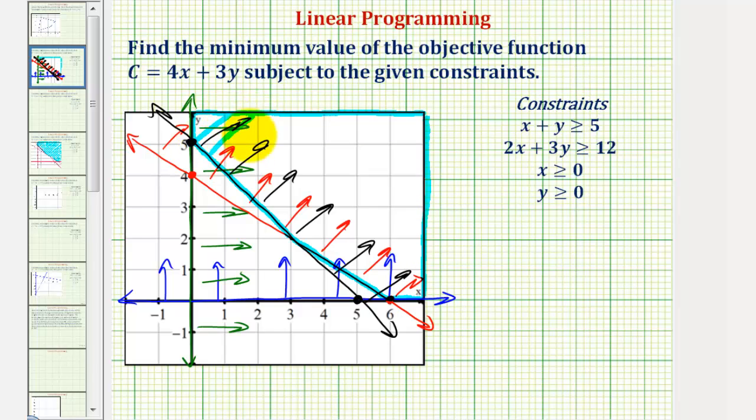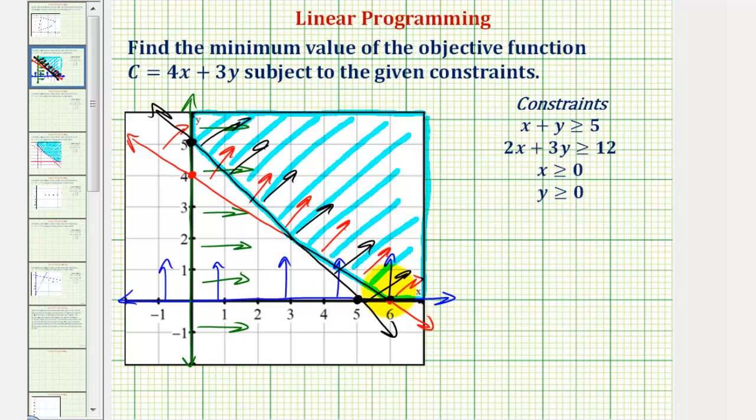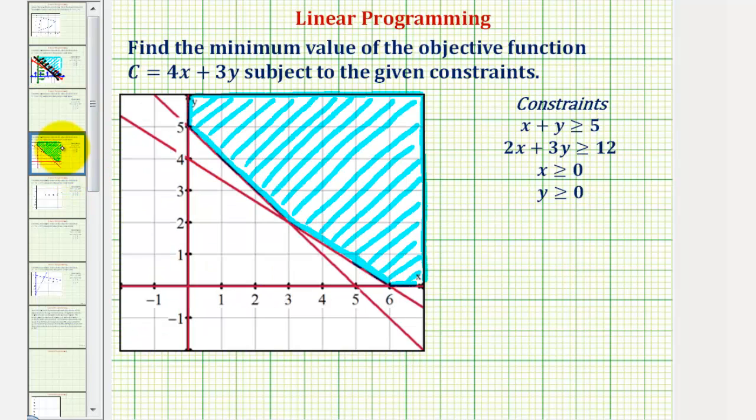So this region here is the feasible region. For the next step, we want to determine the coordinates of the corners, or the coordinates of the vertices, and then we'll use those to find the minimum value of our objective function. I did graph this with some software to make it easier to read, so let's go ahead and use that instead. Notice how we have 3 vertices, one here,